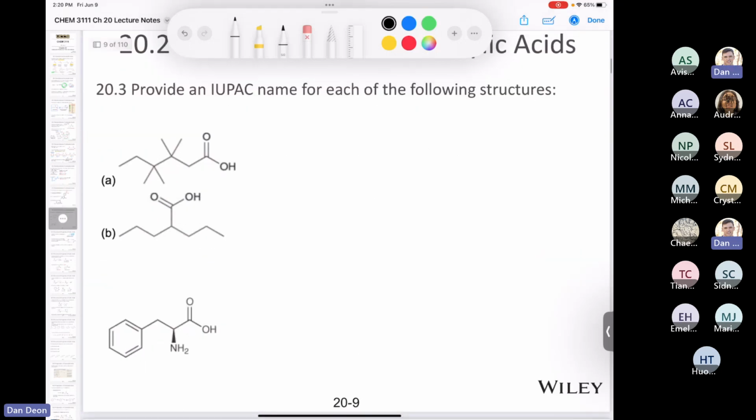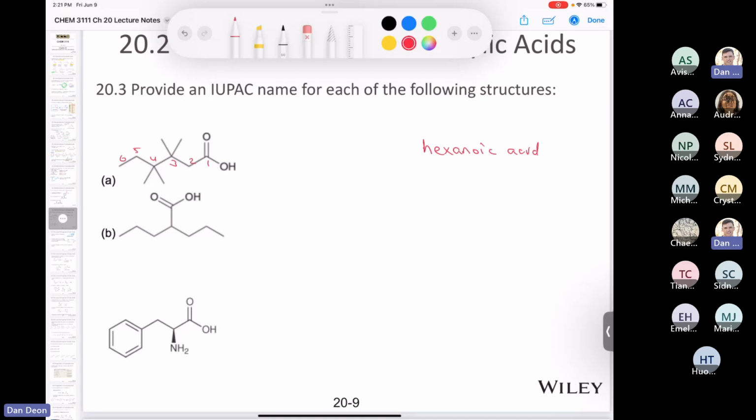And let's try these ones. Come up with an IUPAC name. You can see the last one's an amino acid. Anyhow, let's see here. We'll find the parent chain. So 1, 2, 3, 4, 5, 6. So this is some kind of hexanoic acid. So we can scribble that in here, hexanoic